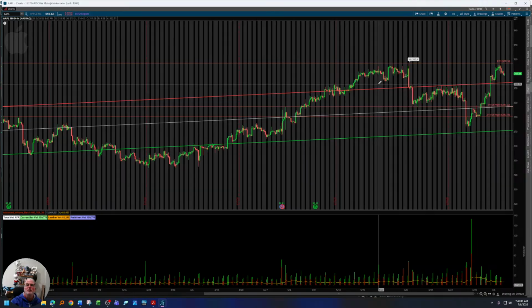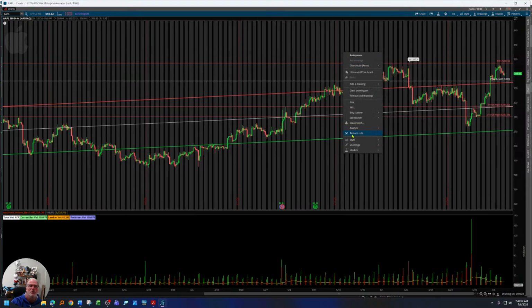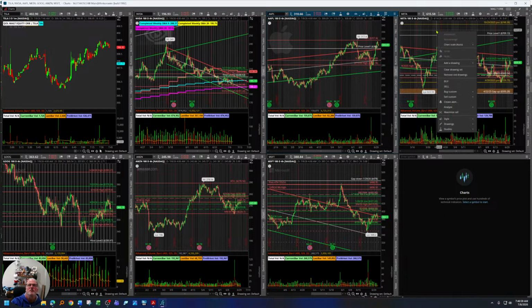You could put a level in here at this low, right? So break and retest of this low. So pullback longs 305, and there's more confluence here with this upper end regressional trend line. Above the all-time highs, I have nothing, so we'll have to watch that. I don't trade Apple, so I don't put much effort into it. Let's look at Meta here.